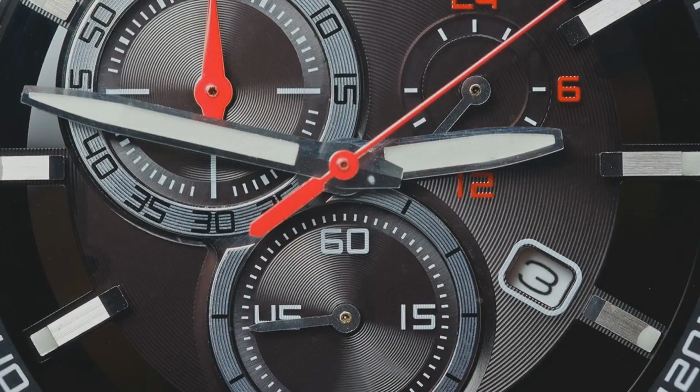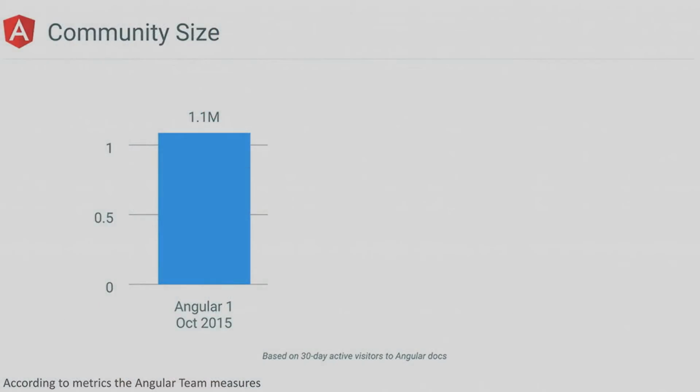But we've only got so much time in the day to deal with learning new technologies. So is it worth doing this? And who's actually looking at Angular 2? In fact, it's only been out for a week and a half, right? Well, one of the things the Angular team does is they measure the interest in Angular products. This is a non-profit team, basically, where they just build the product, Angular, that they use internally and externally, and they get a lot of community support. What's in it for them is they've got over 1 million people who visited their site in the month of October last year. That's 1 million people going to use it.